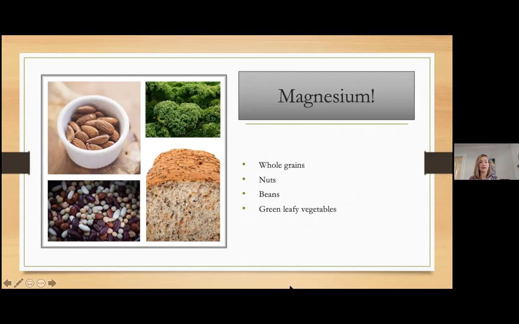I'm seeing here somebody commented that they are eating more potassium and they're not getting any more leg cramps. And so, yes, potassium can help prevent leg cramps, when you wake up with that kind of Charlie horse in the middle of the night or even sometimes during the day. Potassium is really helpful there.